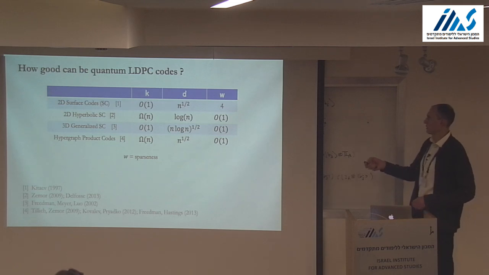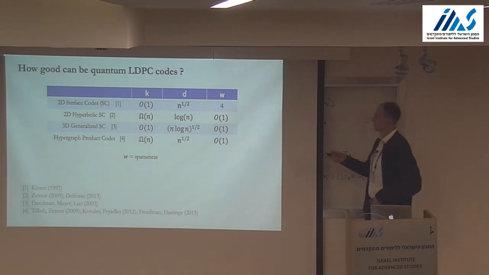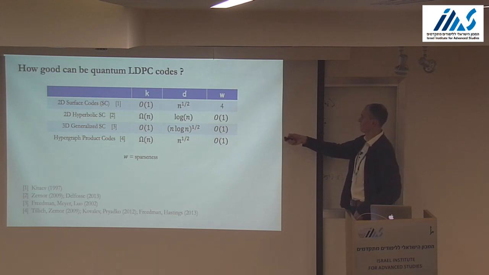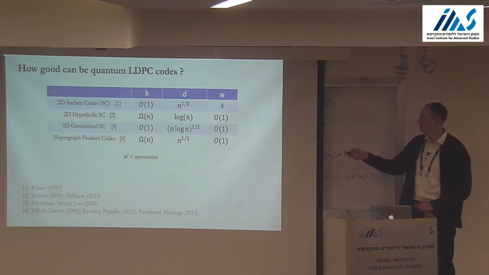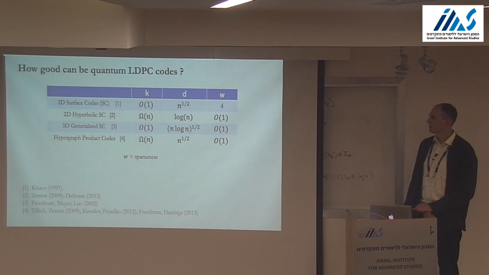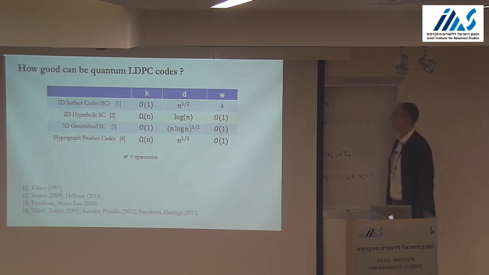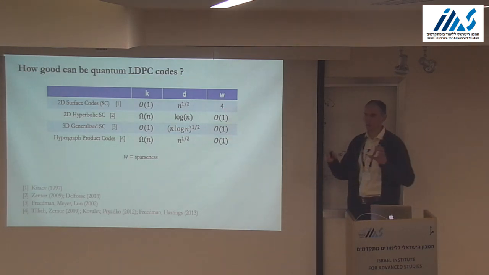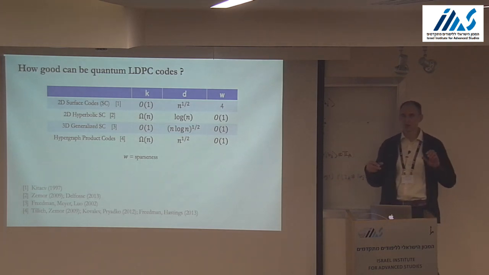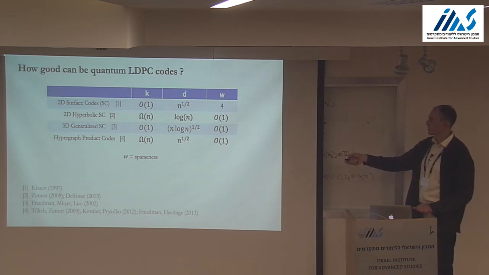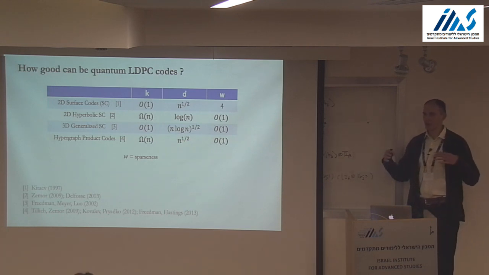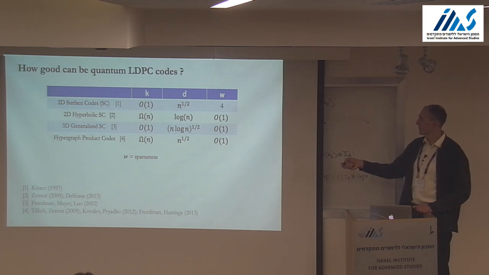And here I try to summarize previously known results. Here we have various code parameters, number of logical qubits, code distance, and sparseness as a function of code size n. The first line is the surface code that I just showed you. So it has sparseness 4 because each stabilizer acts non-trivially on at most 4 qubits, and each qubit participates in at most 4 stabilizers. And then the surface code can be extended to a hyperbolic surface, and in this case,